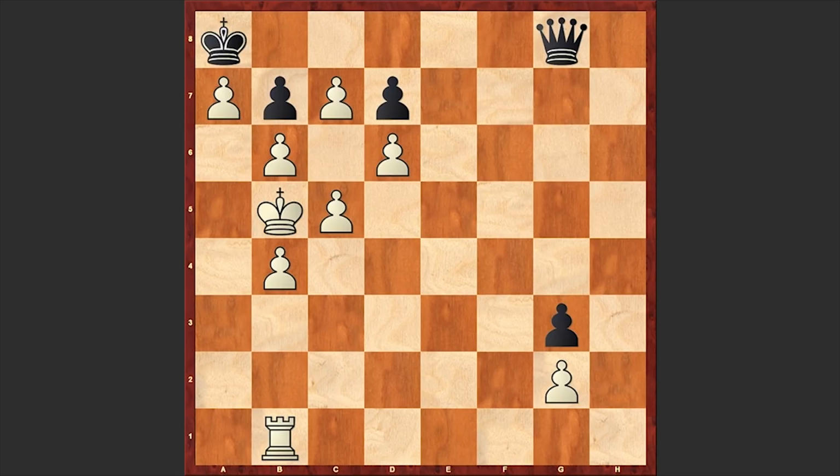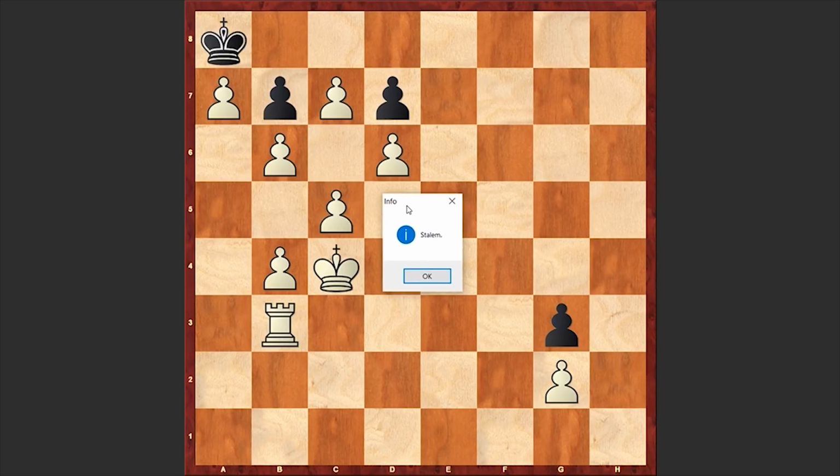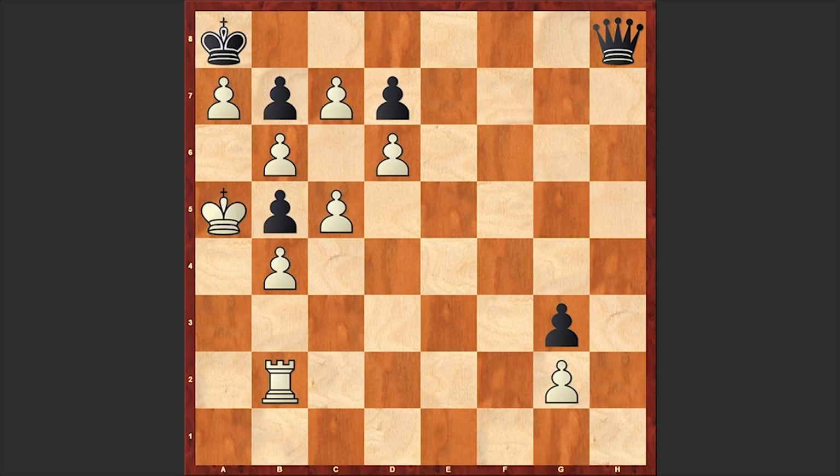For example, what are you going to play? Rook b3, or I don't know, rook c1. In both cases, queen c1 can follow, and you are forced to accept, otherwise there is this queen a6 mating threat, after which stalemate will appear on the board. That's why, as a first move, we see rook b2, blocking the long diagonal, and then rook b3,